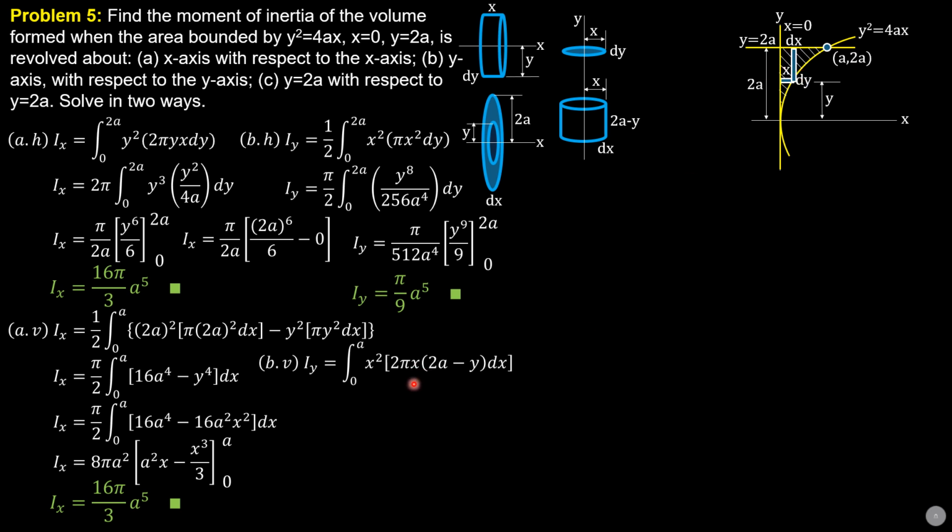That's it. If you want to set up the integral without memorizing the volume of the disk, you just apply Pappus theorem. So this is 2 pi integral from 0 to a of x cubed. Then we replace y by 2 square root of a times x to the 1/2. So 2 pi integral from 0 to a of x cubed times (2a minus y), and y is 2 square root of a times x to the 1/2 from here, dx. Then factor out 2.